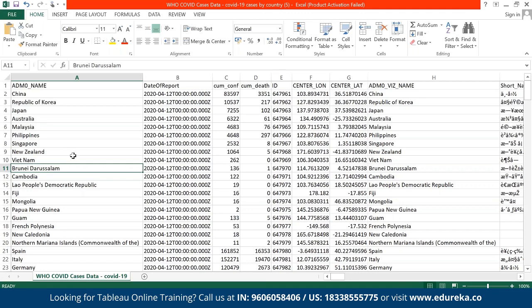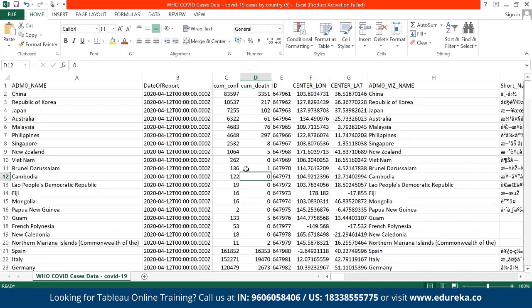After that, maybe I can think of segregating this data. Let's say based on number of deaths, I want to segregate the data. For example, when the deaths are more than 5,000 or something, then it's a very critical area. If the deaths are between 1,000 and 5,000, then I can say that it's an orange zone. And if deaths are less than 1,000, then I can say that it's a